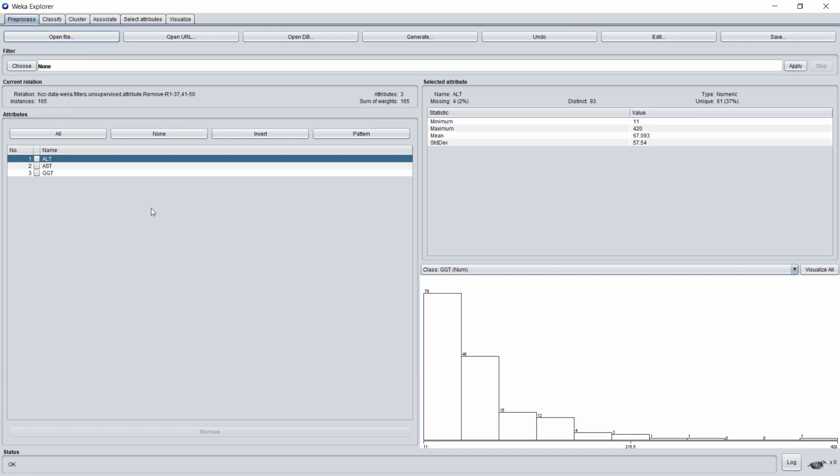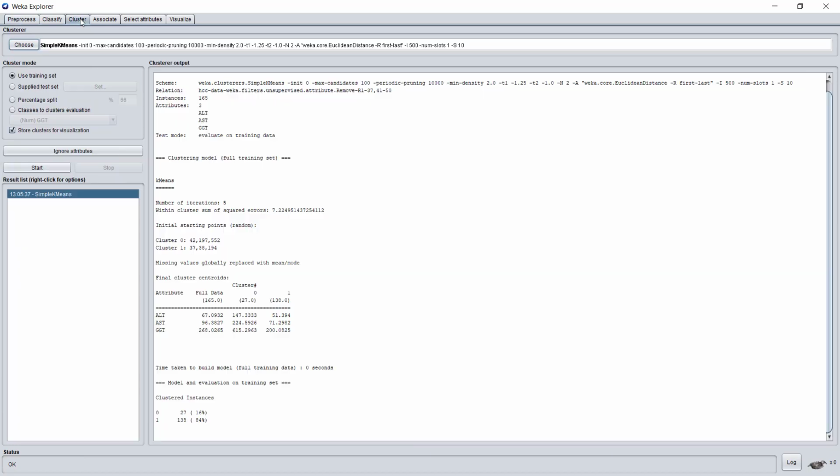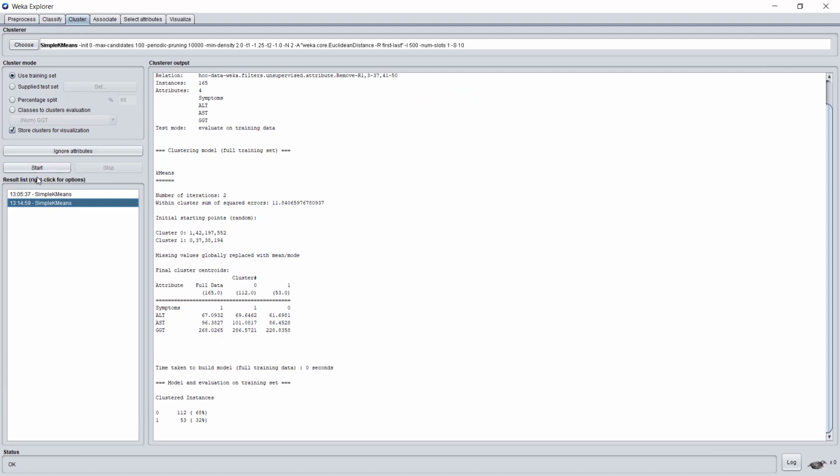I will not go over the whole process again, let's just do it by magic. This is a video lesson after all. Here we go. Now we have also the symptoms attribute. Let's try to repeat the clustering process, first in a naive way, keeping the same algorithm and clicking Start. We will now visualize it.